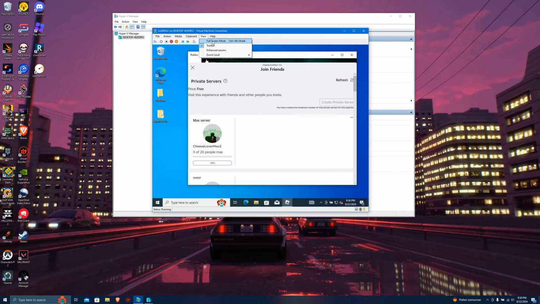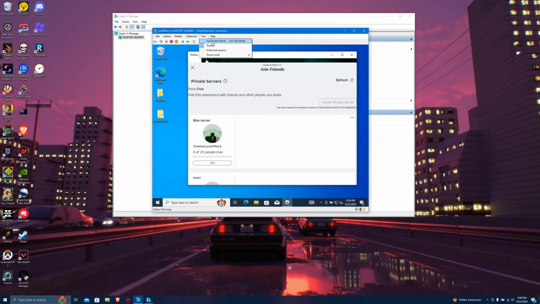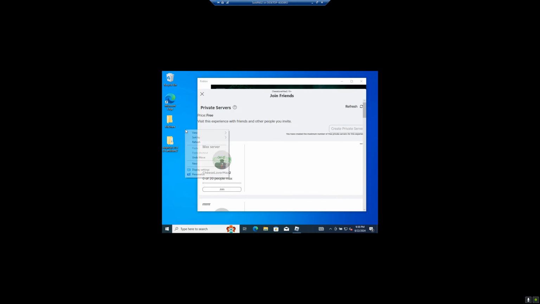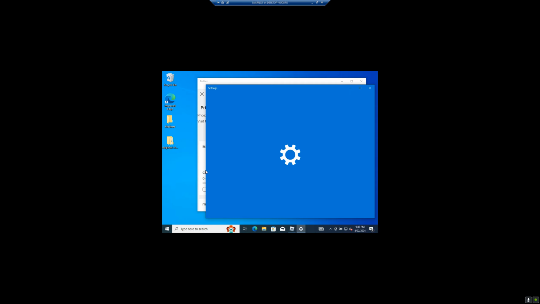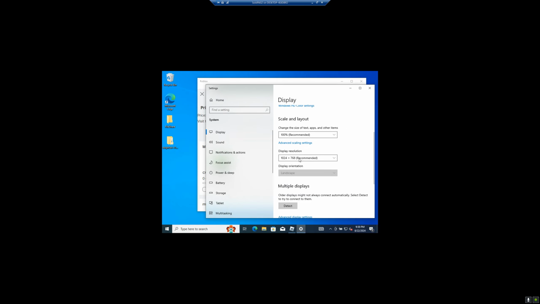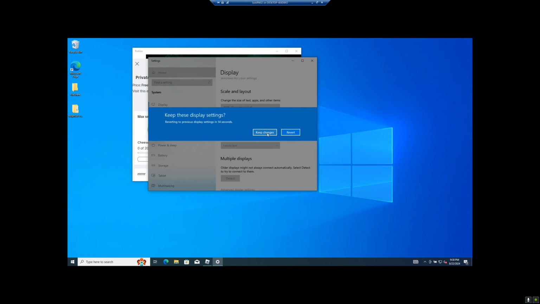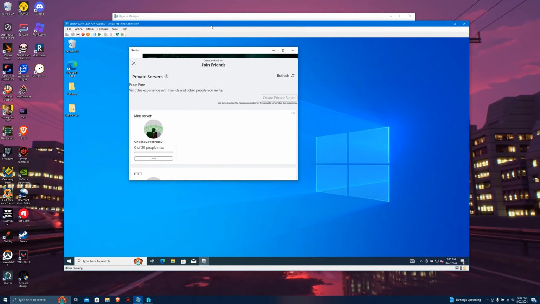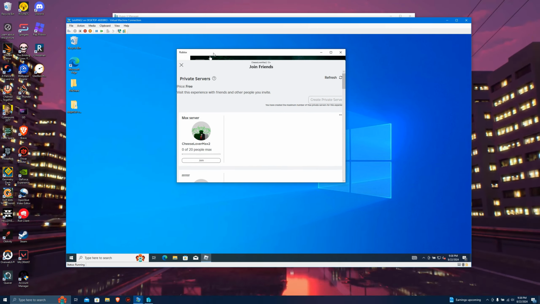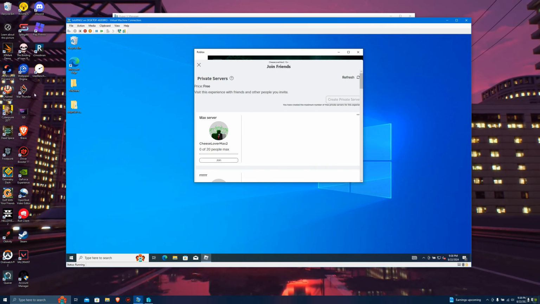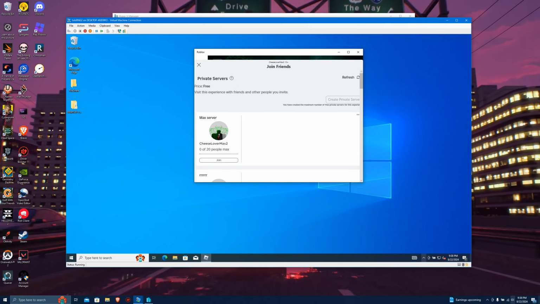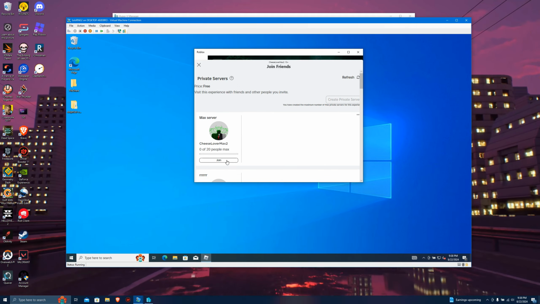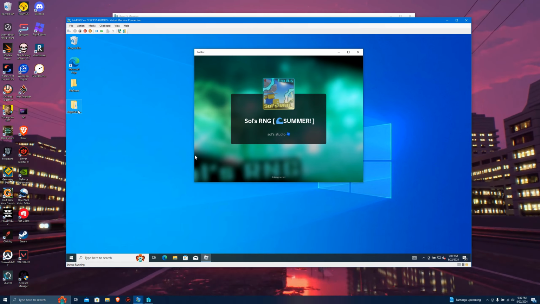Click View and then Full Screen Mode. Then once you're in full screen mode, right click, Display Settings, and then go to Resolution and select 1920 by 1080p. Keep changes, and then click this window icon, Restore Down. And there, you should have a normal sized 1080p desktop. The reason it's so large on my computer is because this is a 1440p monitor, otherwise it would take up your entire screen. And then you can just join your private server,